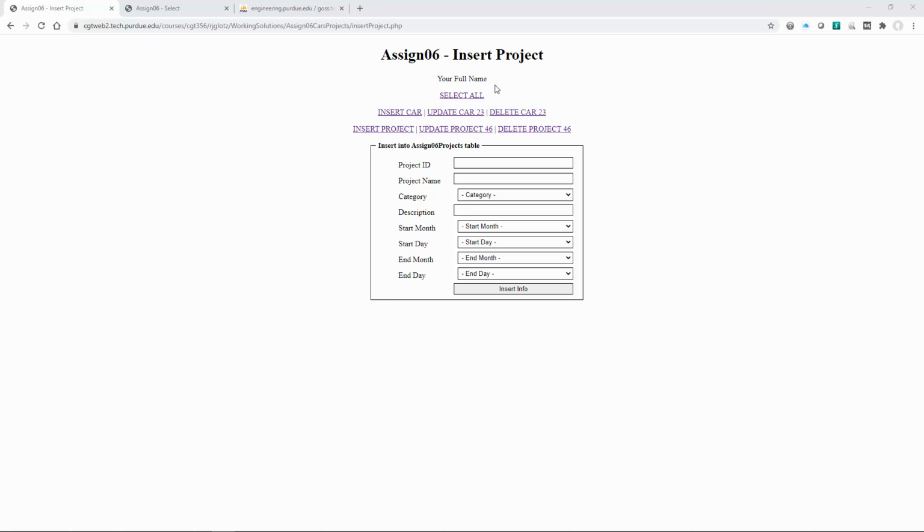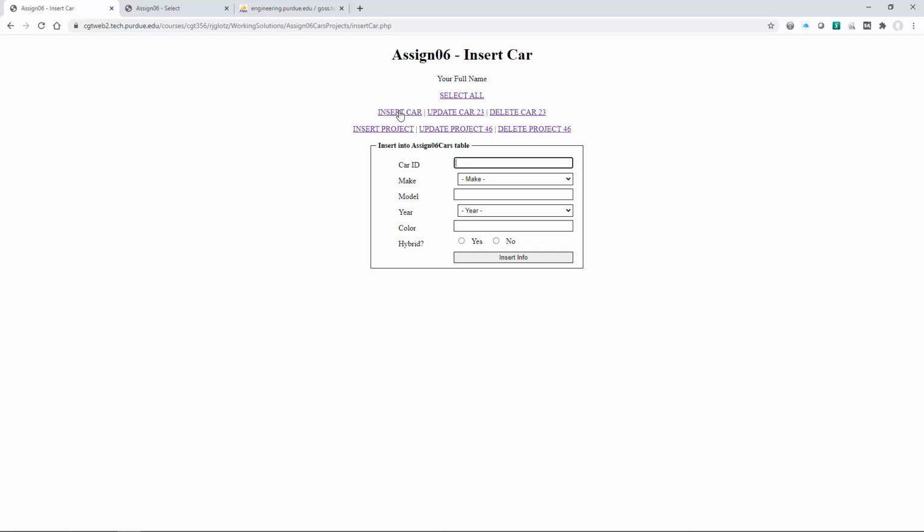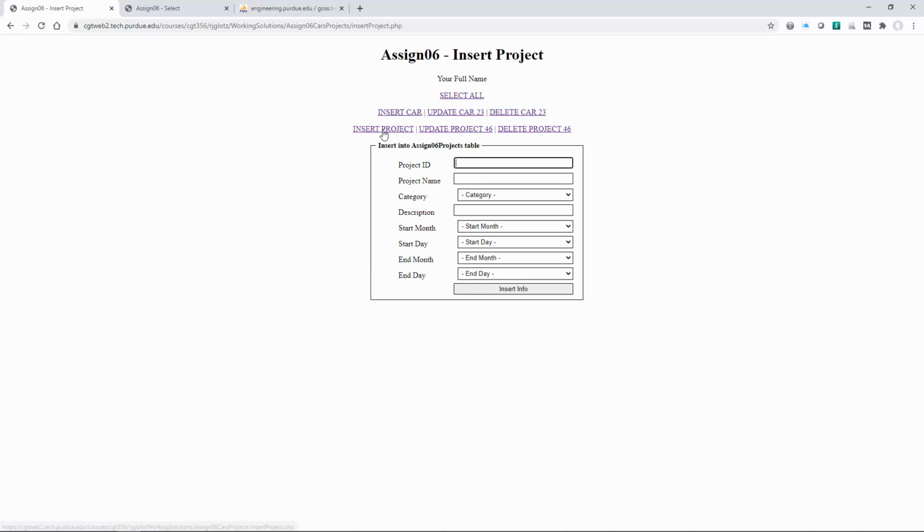This video will cover the insert project portion of the assignment. So insert project is going to be very similar to insert car here. What we're going to do is copy insertProject.php and rename it. Make sure you don't delete it. Keep a copy of insert car. But we're going to rename it and adjust it so that it looks like this for inserting